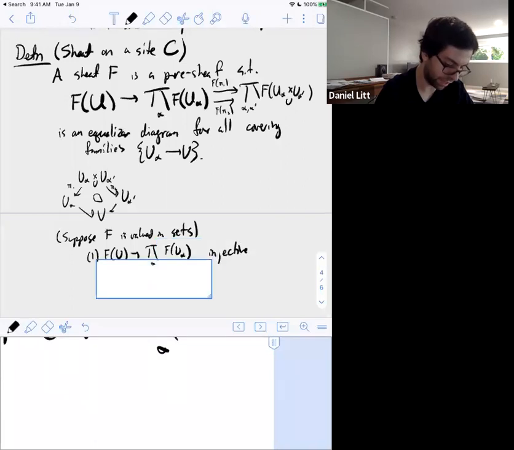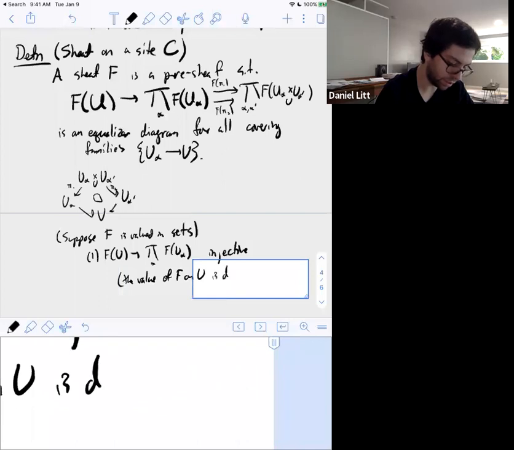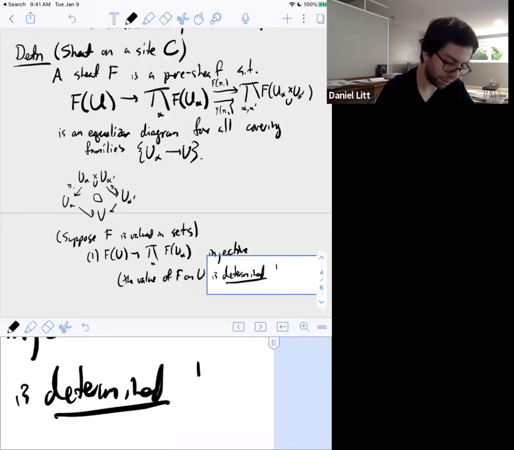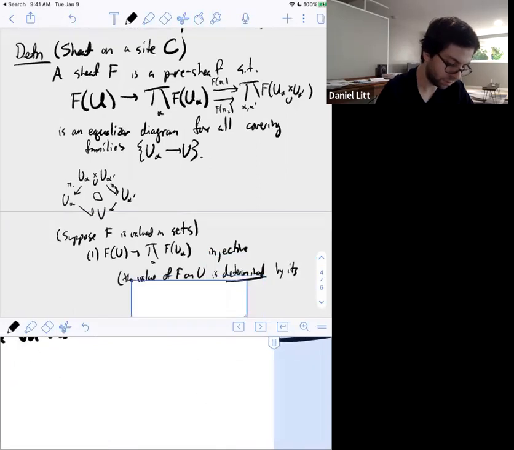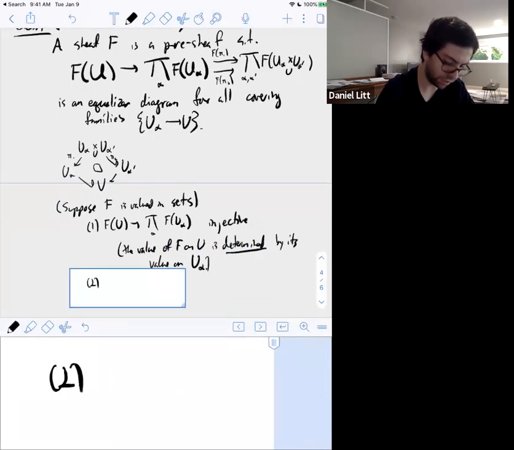So this is saying the values of f on u is determined by its value on u alpha. And two, so given some section, which we can think of as a product of S alpha